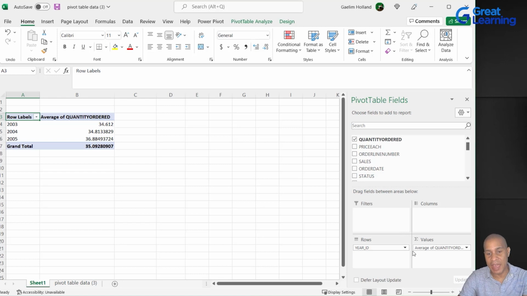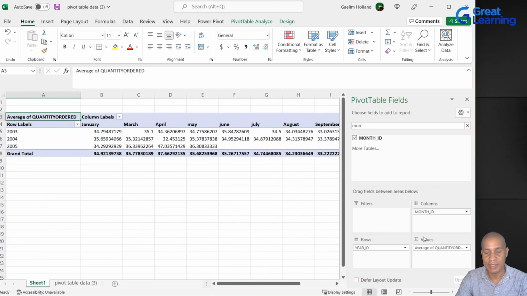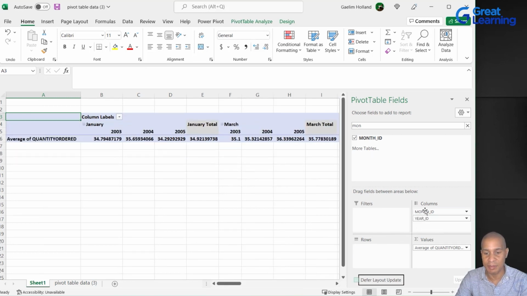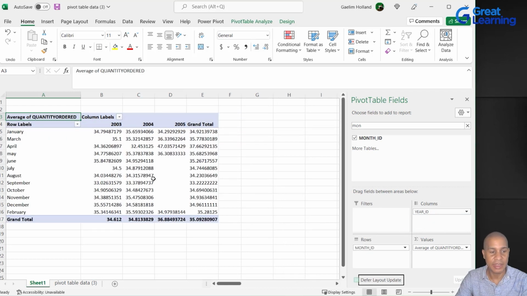Now you might be asking yourself, can we create more of this analysis? We are seeing the average by year, but maybe we want to see by year and by month. So we can find the month by just searching, and maybe we bring the month over to the column ID. Now that doesn't look that great, so probably it's better to switch these from column to row. And now what we can see is across the years by month, we can see the average ordered value increase